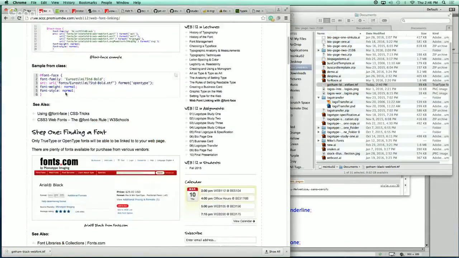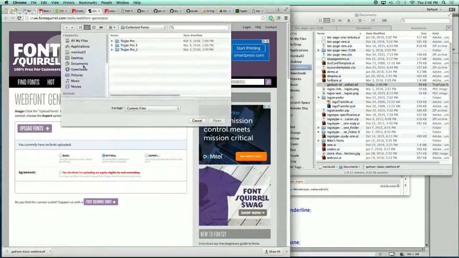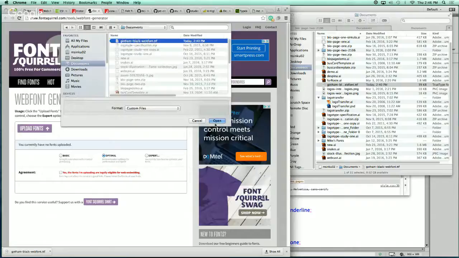So we could basically do this right here, where we use the @font-face selector, we say font family, we give it a name, and we say source, URL, we put it in our fonts folder, Euro style, OpenType, format OpenType, weight normal, font style normal. Okay, so this is the way you should go if Font Squirrel does not work for you. But try Font Squirrel to start out with. So if I then go to Documents, Gotham Black, Open,